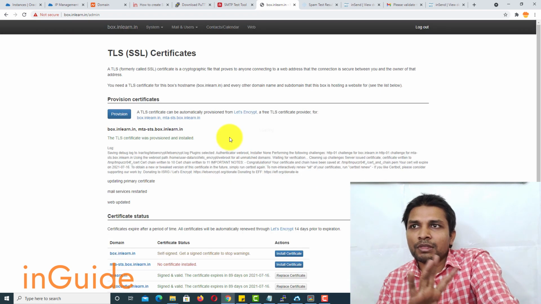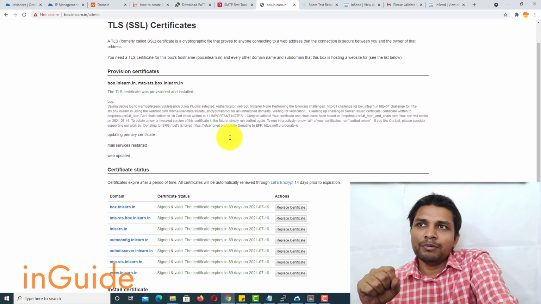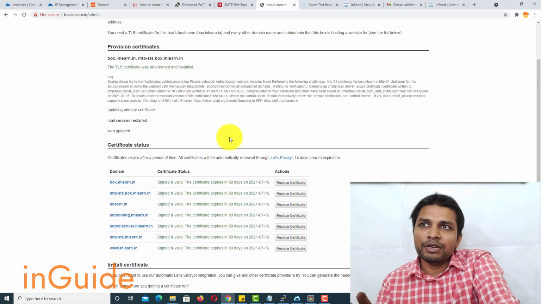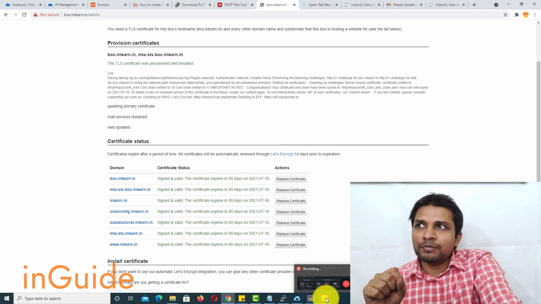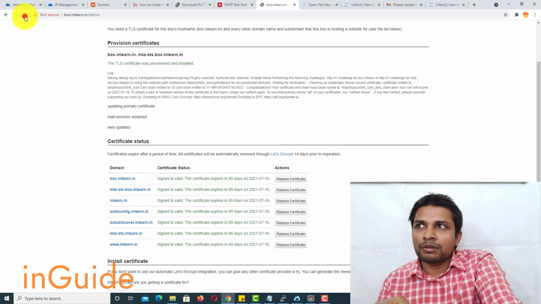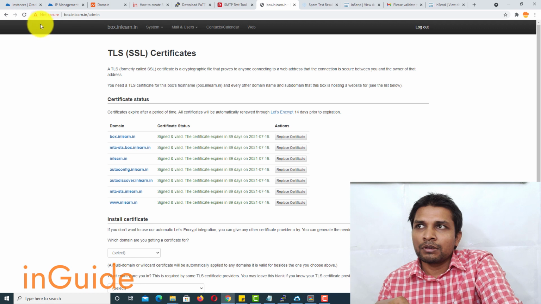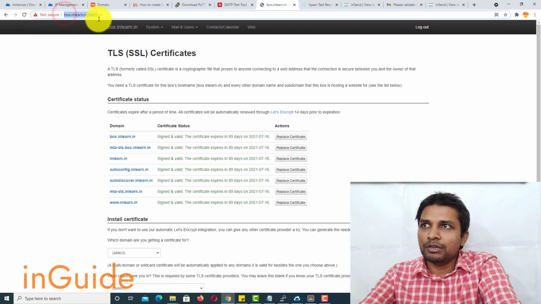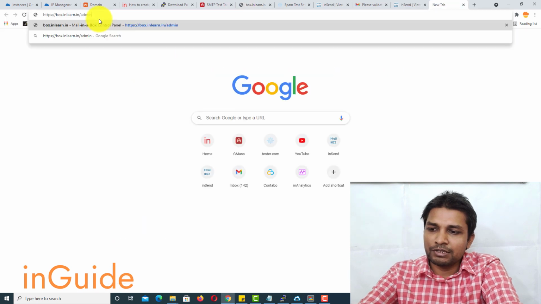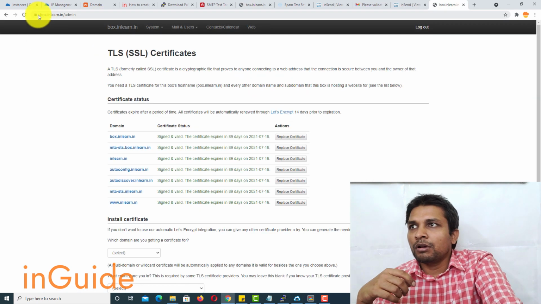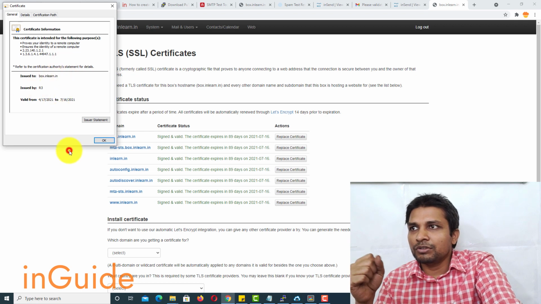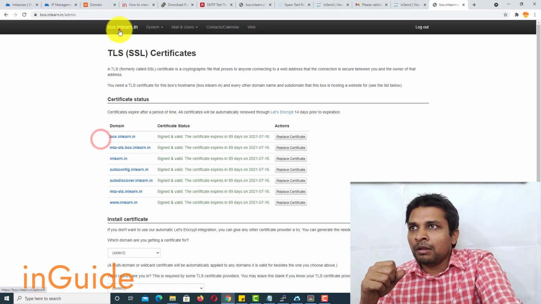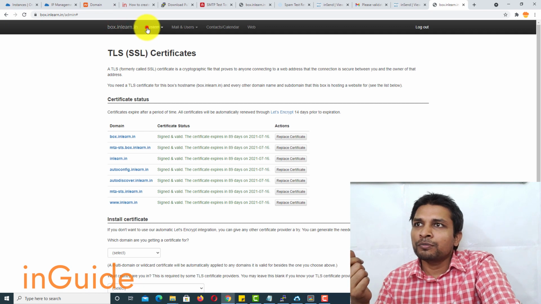Alright, the issue of the TLS certificate has been fixed now, and the certificate has been provisioned successfully. Let's open it in a new browser or new tab at least. Alright, now you can see the connection is secure and the certificate is issued by R3. Awesome.